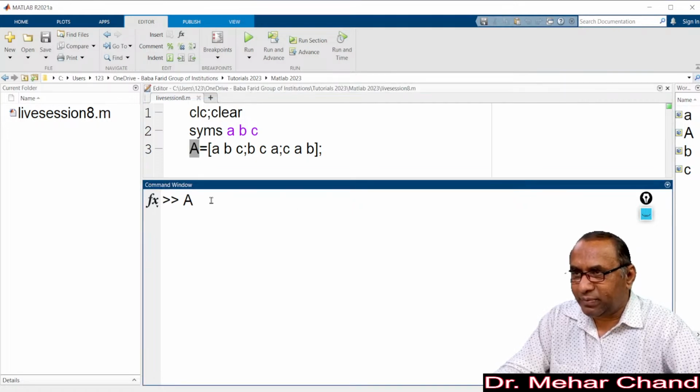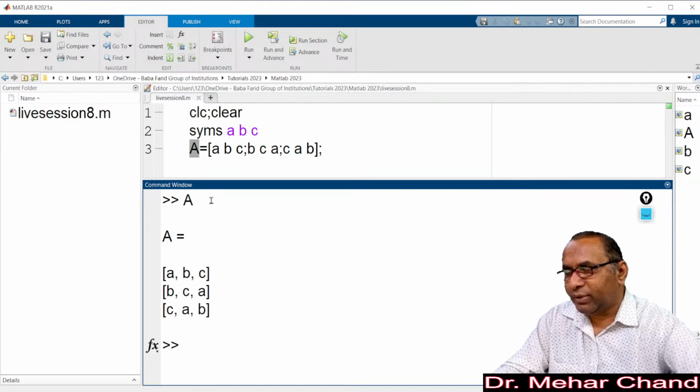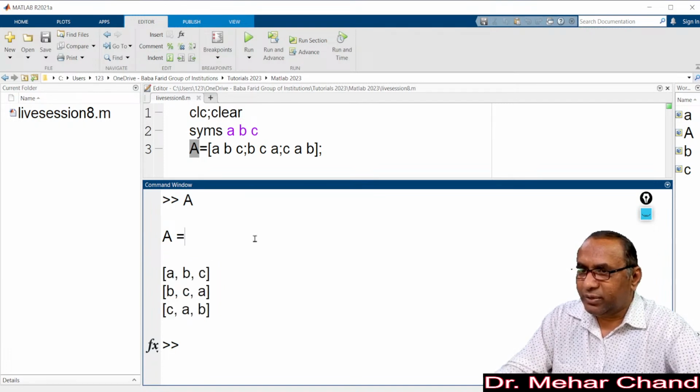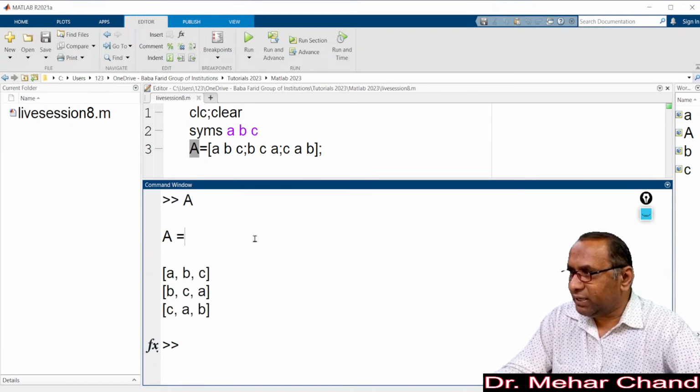So when you enter a, you can see this is a matrix of 3 by 3 order and there is no error. But while using